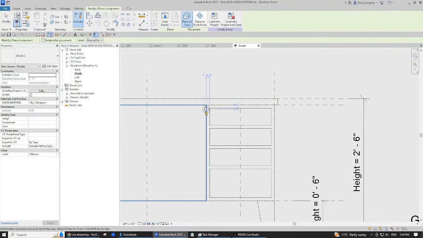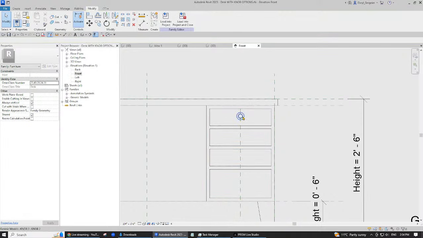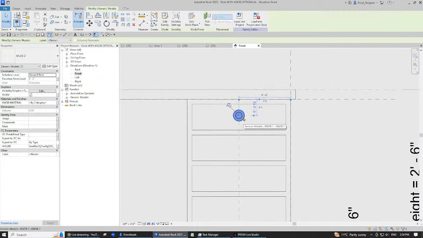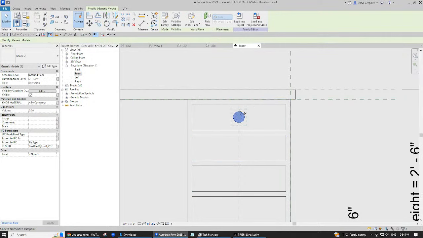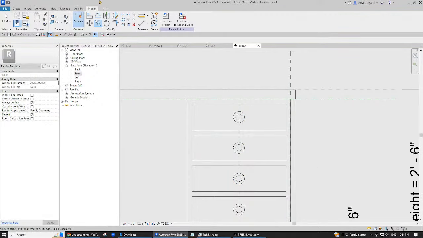Give me another one of these. Snap it to here. Click. Escape, escape. It's on the wrong side, I've got to flip it around to this side. There you go. So take it, get it in position. Okay, and then take this and copy that from here to here to here to here. Okay, so now I have